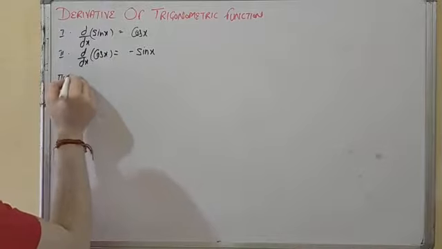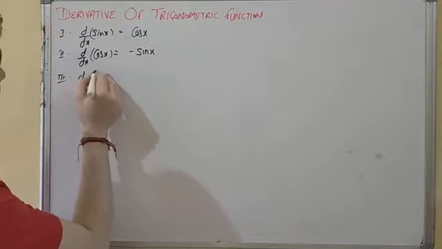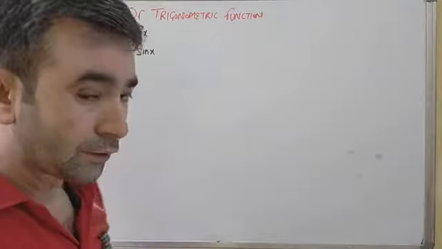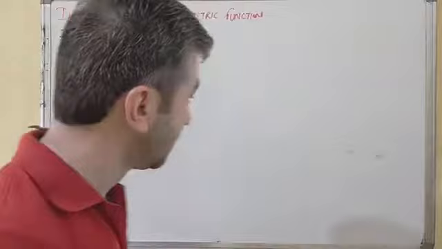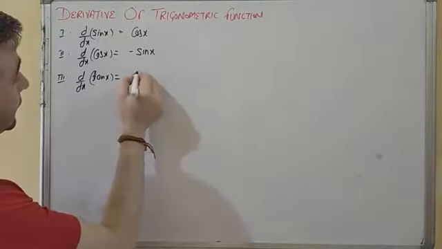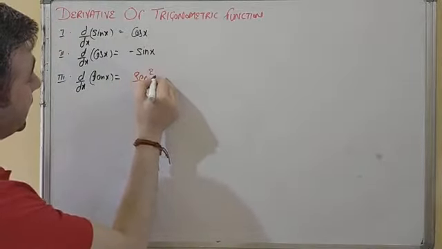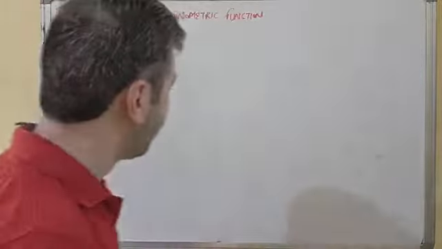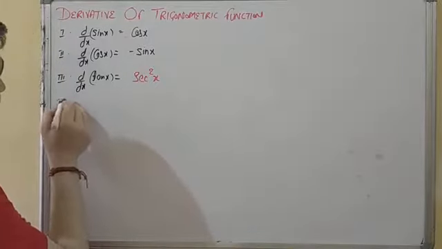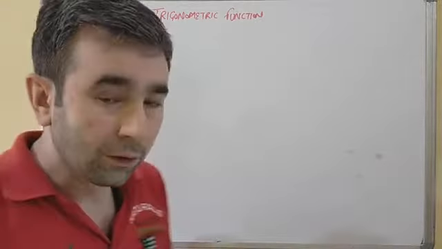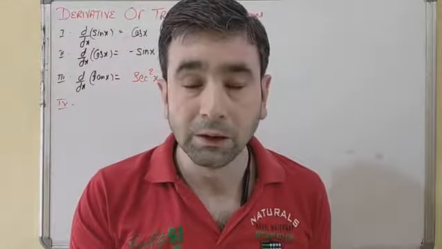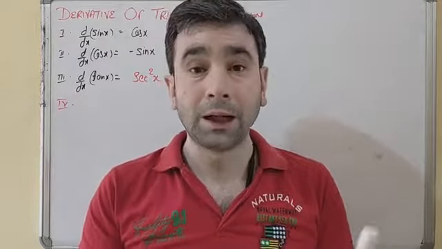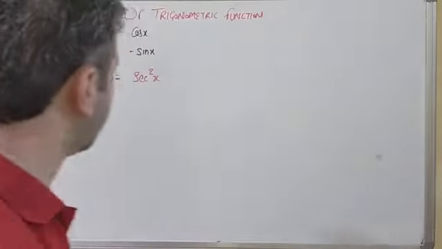Similarly, the next one, the derivative of tan of x. Whenever we apply the derivative on the tan of x trigonometric function, it will convert it into secant square x. Is that clear? Now, next one. Why are we doing this? Because in all of physics, we will use these trigonometric functions or their derivatives in solving the numericals. Clear with that?